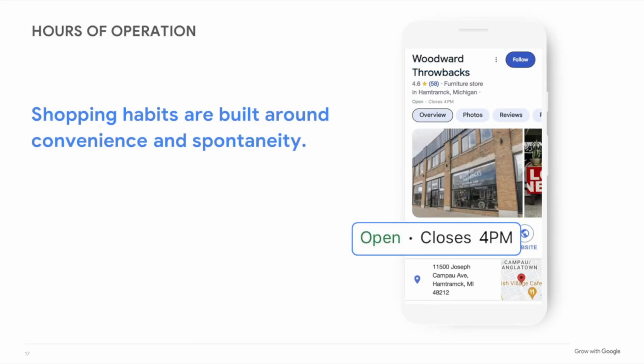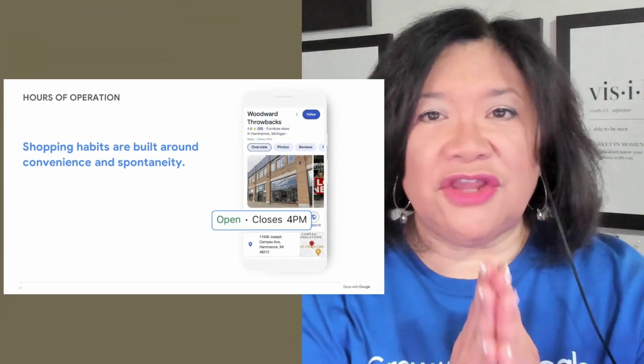Then, of course, you can update your hours of operation. So if you're 24/7, great. But if you sleep anytime and you're a one-person show, then you might want to show that you close down at certain times. And that actually is a signal to Google that is more helpful to people, because now people will know that they can at least reach somebody. If it's by chat, by email, or by phone, that there is the potential to reach somebody during those business hours, as opposed to 24/7, unless you've done a really, really good job filling out the Q&A sections of